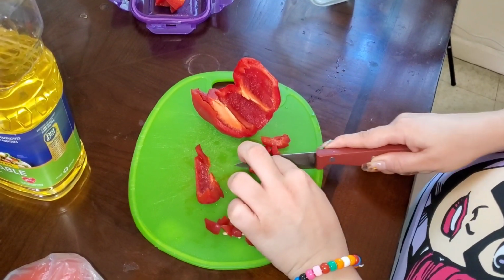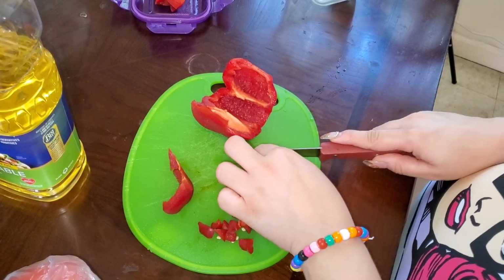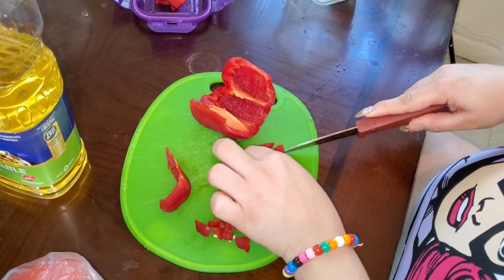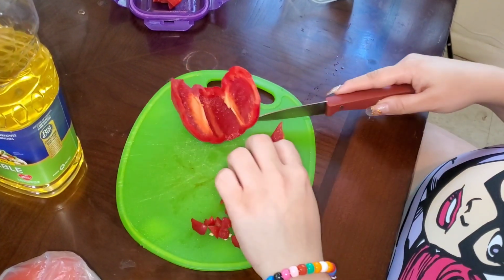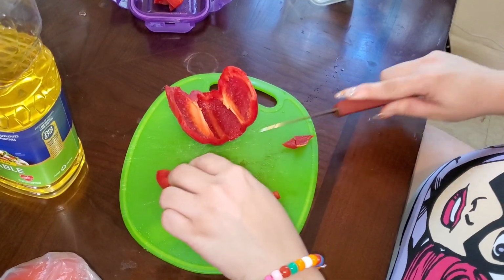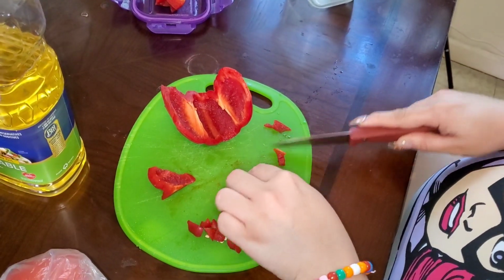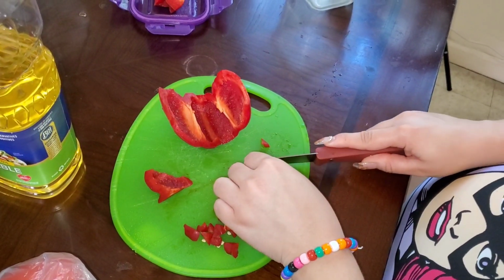This is good for a barbecue because technically this salad does go in the fridge. The longer that it sits in the fridge, the better it is. So I can't wait to try this. What about you, Mar? Yeah, I can't wait because we do pasta salad, but we've never put chicken or corn in it, so that's something new. Yeah, so we're gonna dice up the purple onion as well,